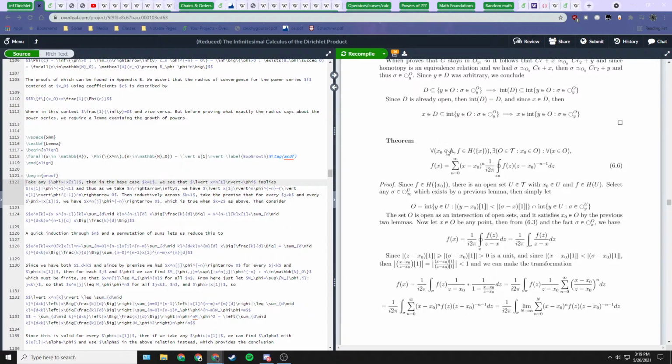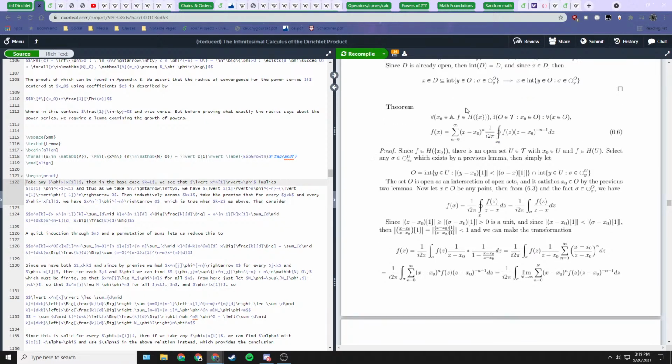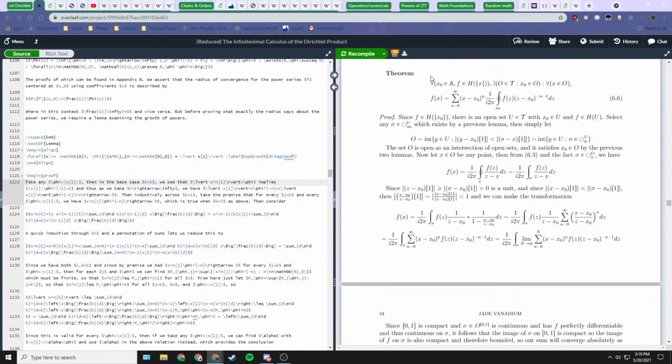Oh yeah, this is the one. This is the theorem that proves analyticity in this original draft. So the premise is, suppose f is differentiable in a neighborhood of a point, then we can find some open set, some other possibly different neighborhood of that point, where f of x is equal to this convergent power series over that neighborhood. It's got these integrals and these exponents. So just by taking repeated integrals of f as a function, you get this power series representation. It's kind of neat, pretty interesting.